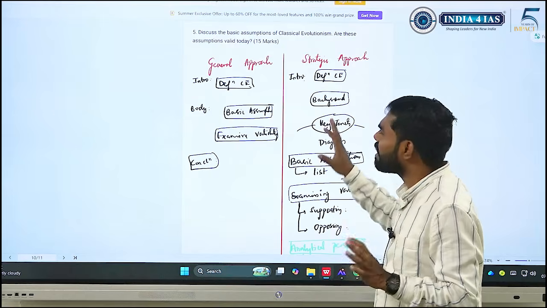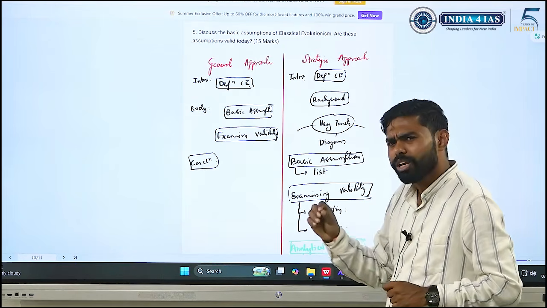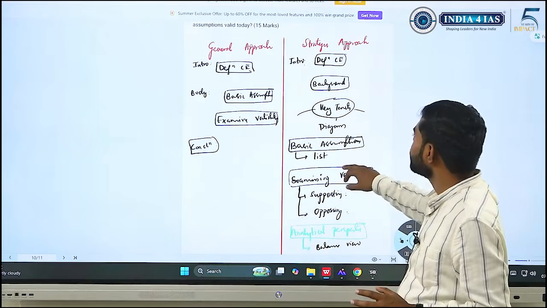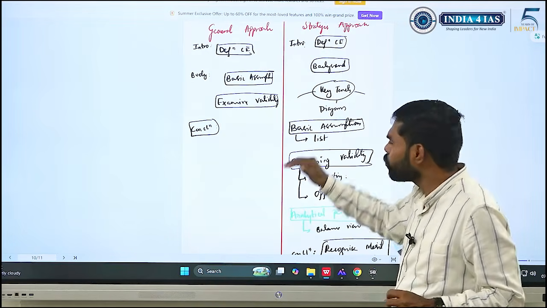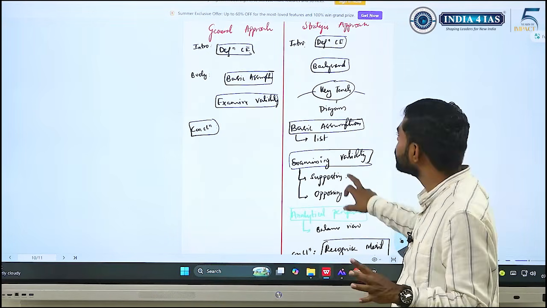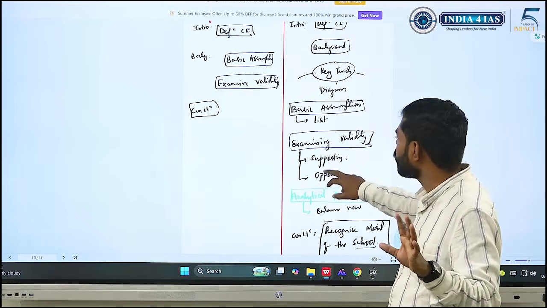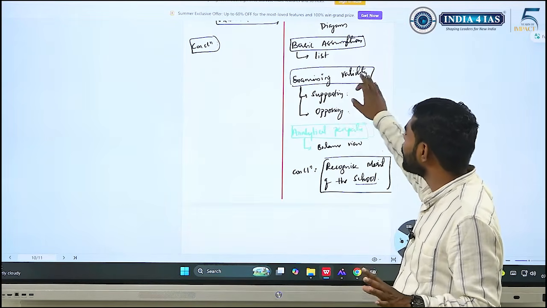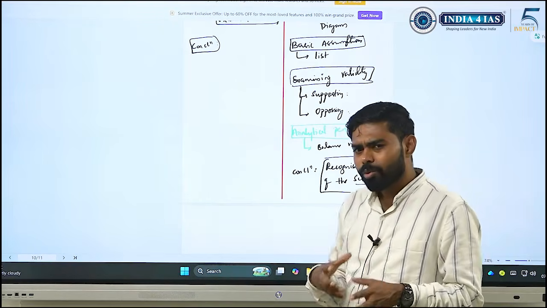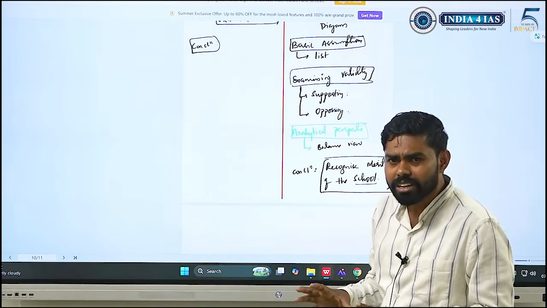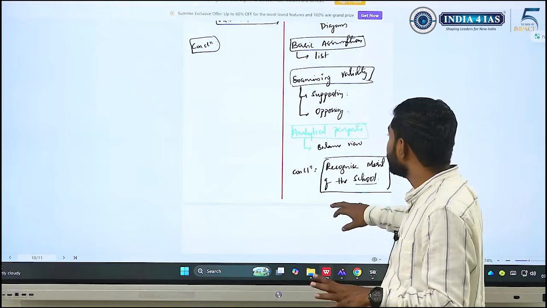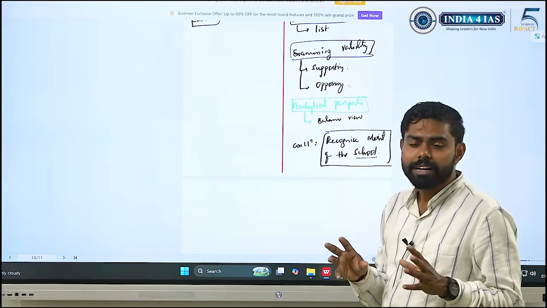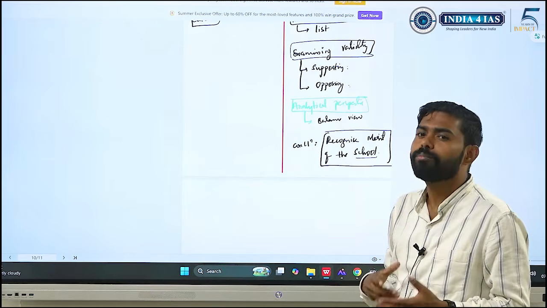It emerged in the dark age. Okay, so that suits the context. And then key tenets, we can simply write as a diagram, so it won't consume much space, and you will be expressing the basic idea behind the concept. And then coming to direct demand, basic assumptions, I'm listing them and examining their validity. How will I examine? What are the things that are supporting them, and what are the things that are criticizing or going against them? And I'm bringing that unique point which makes my answer look better.